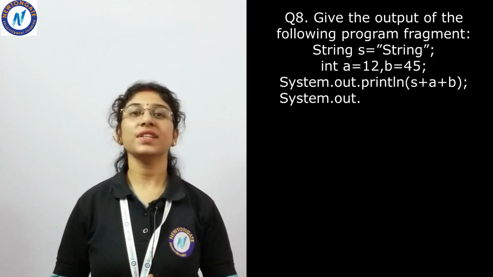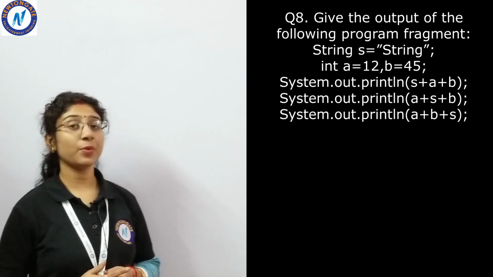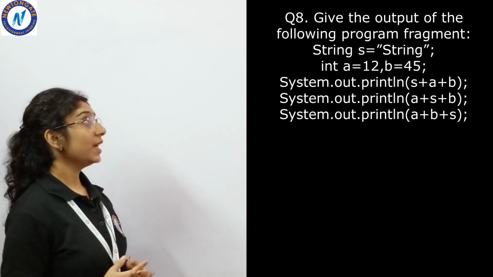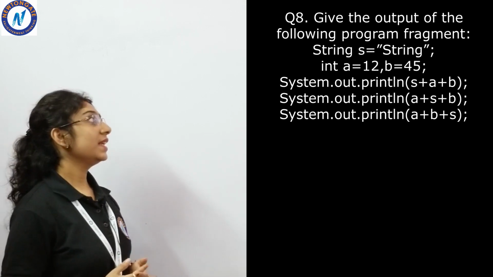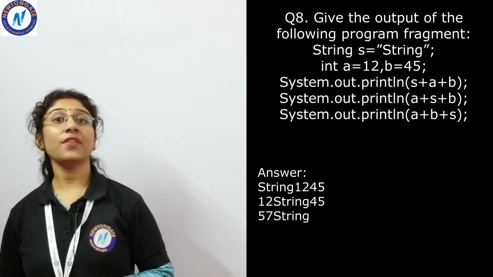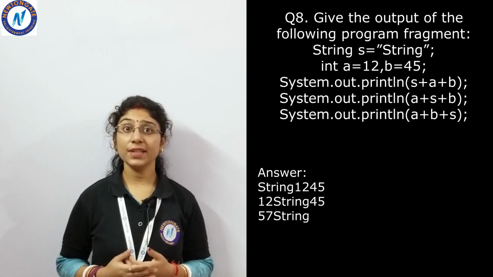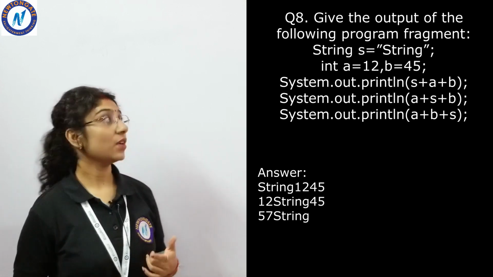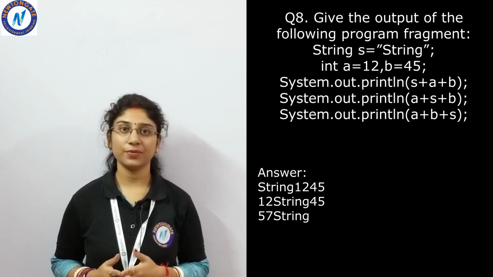Now the next question, which is also an output based question. Here you can see that I have taken two integer type variables and one string type variable. Under string S I have stored a string inside double quotation marks. Int a equals 12 and b equals 45. Now the first printing statement I have written is System.out.println(S + a + b). In S we have stored the string "a equals to 12 and b equals to 45"... So the output will be the string, 12, 45.